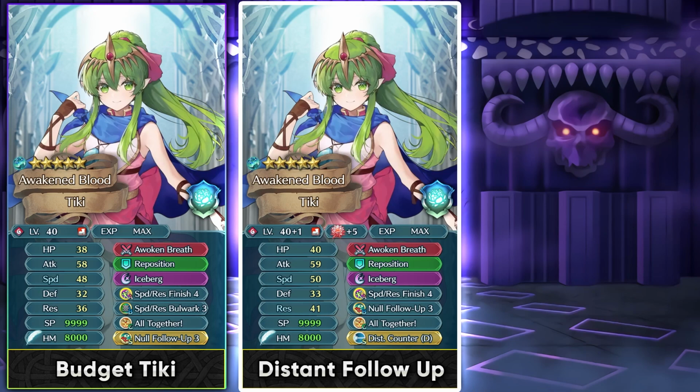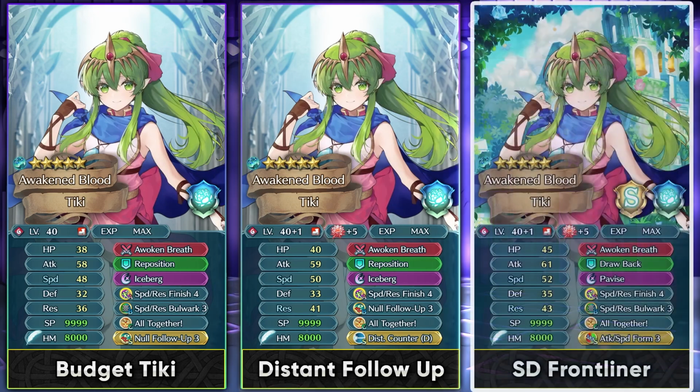Here she is going to be missing out on the null follow-up, so you can actually run that in the slot B, or you could just provide her with the external null follow-up with Infantry Speed Tactic or Infantry null follow-up. And you can also run her in Summoner Duels as a frontliner, and you can actually use a damage